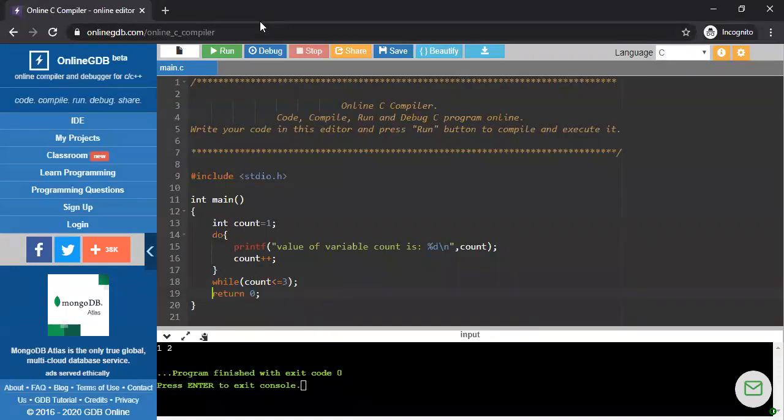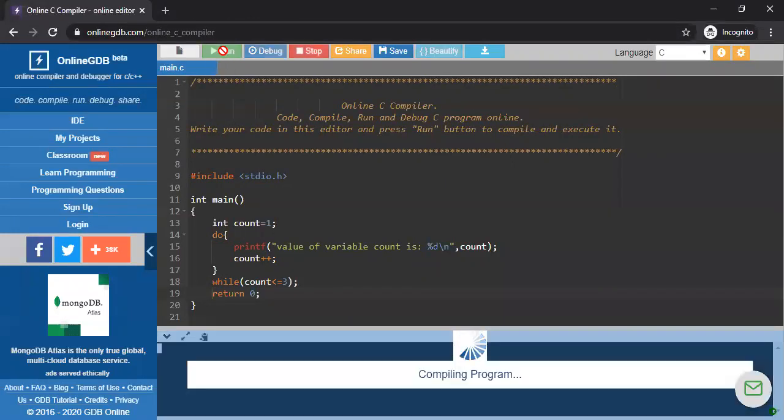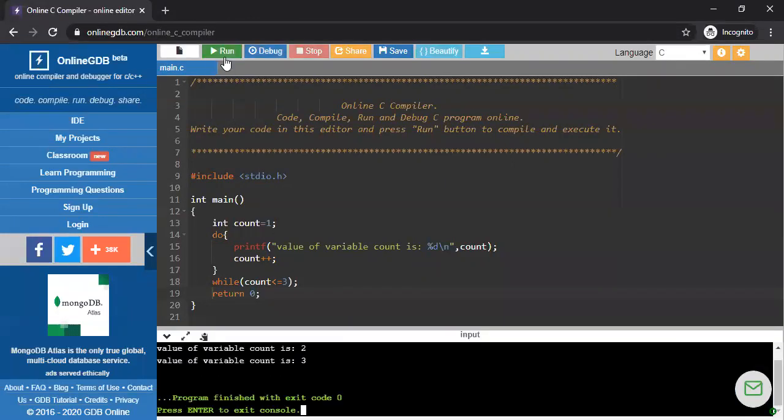Everyone see the output? Yes, ma'am. Just check it. How do I get that one? Because the count variable is initialized with 1, and in between do, I simply print the count value.